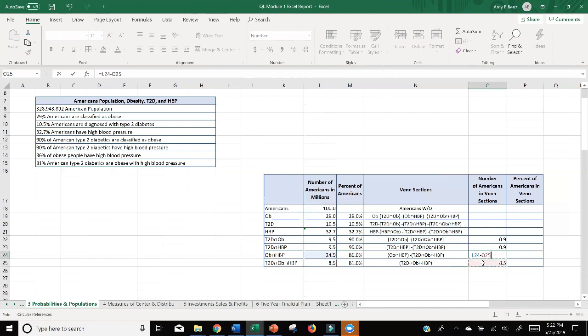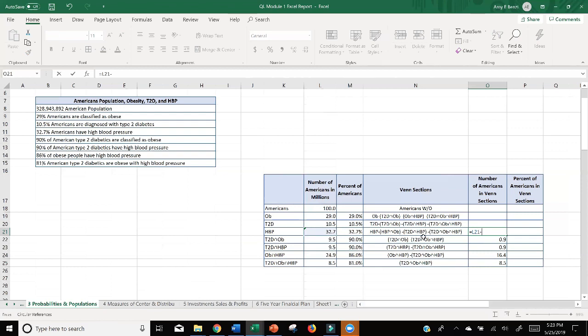So let's just go ahead and change that. I'm just subtracting out from the same column, not from the other column. I can still grab my first data set from there, but not the subtracting parts, and it'll be different here now moving forward. So now I have the number of people with high blood pressure, which is out of 100, 32.7 of them. And now I have to subtract out